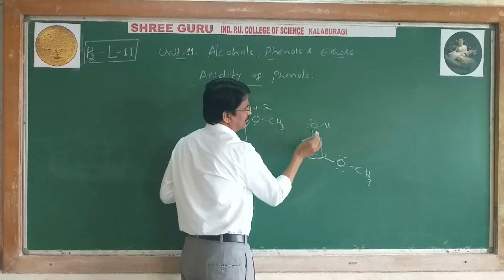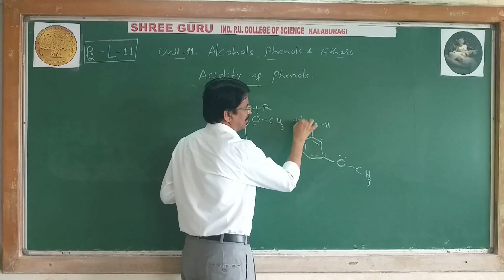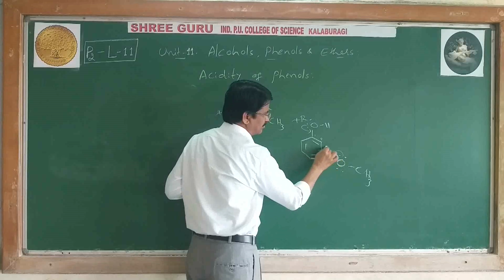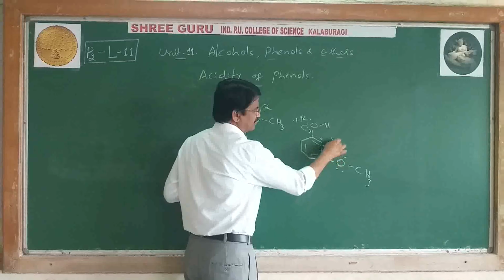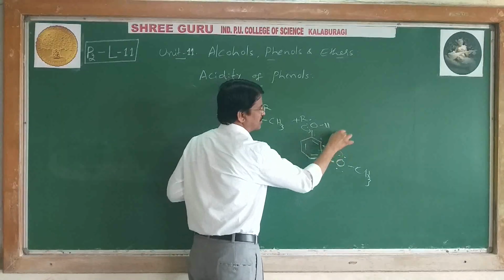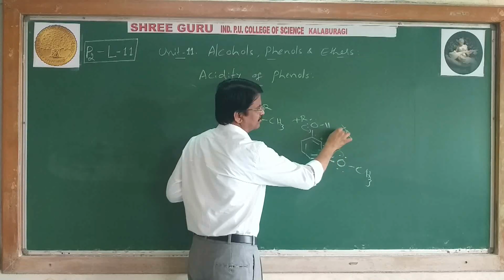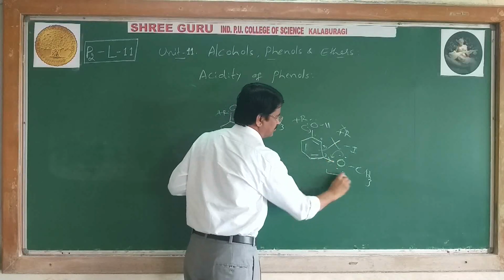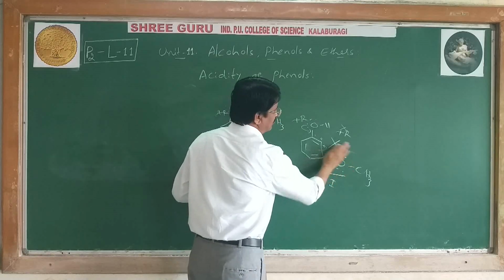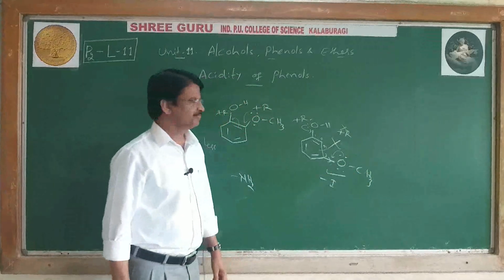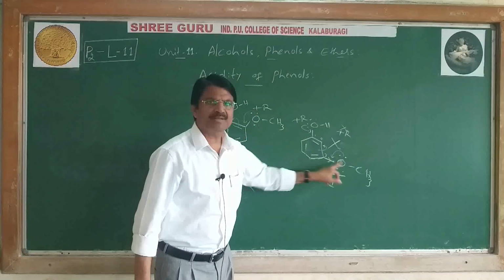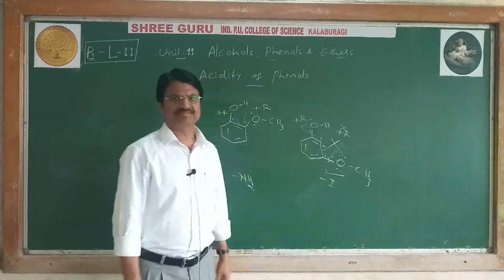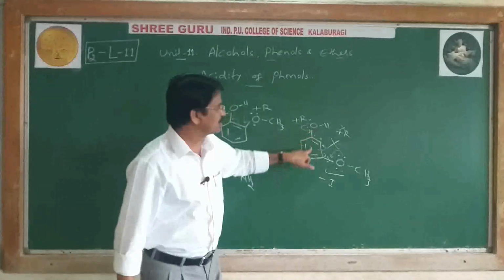Then here plus R is absent, minus I is possible. The minus I effect is possible. Here OCH3 at the meta position acts as a minus I group or EWG group. That's why meta-methoxyphenol